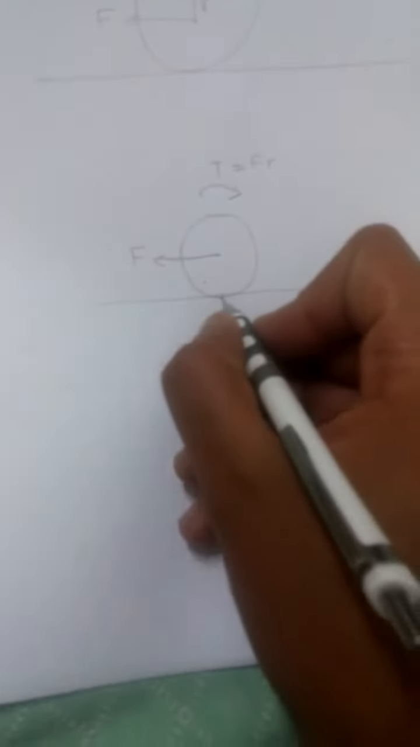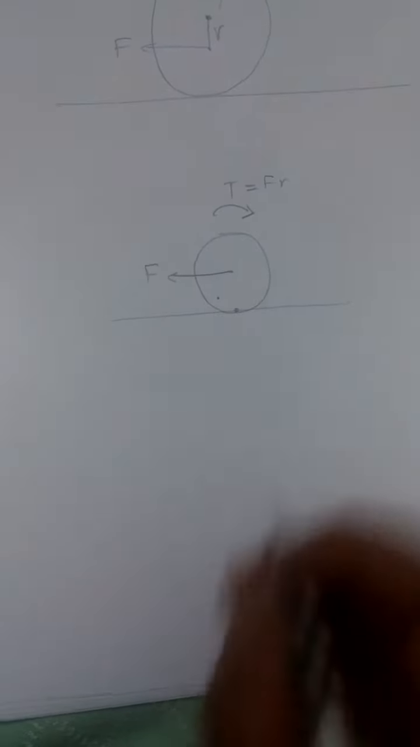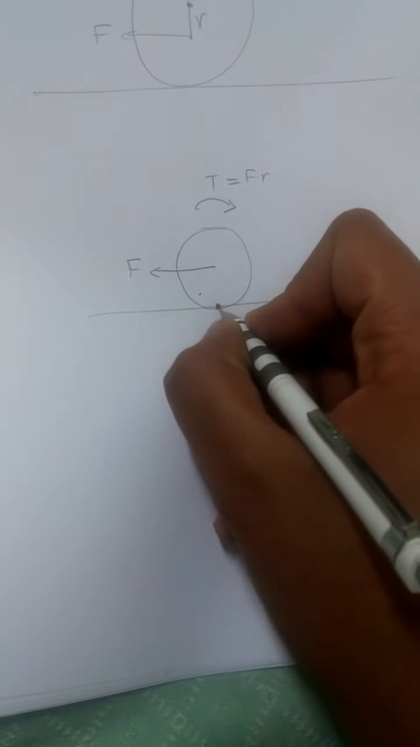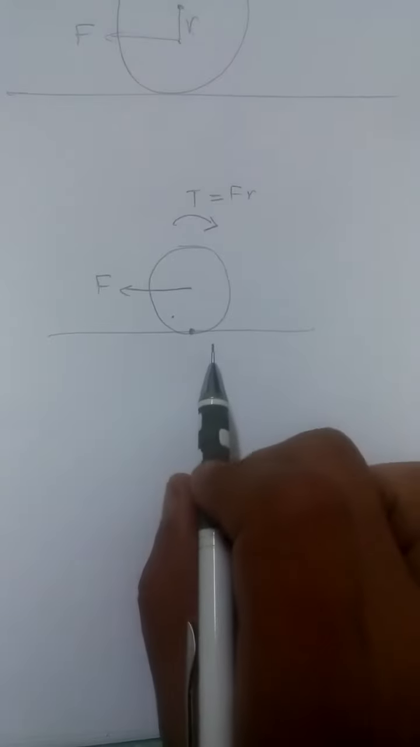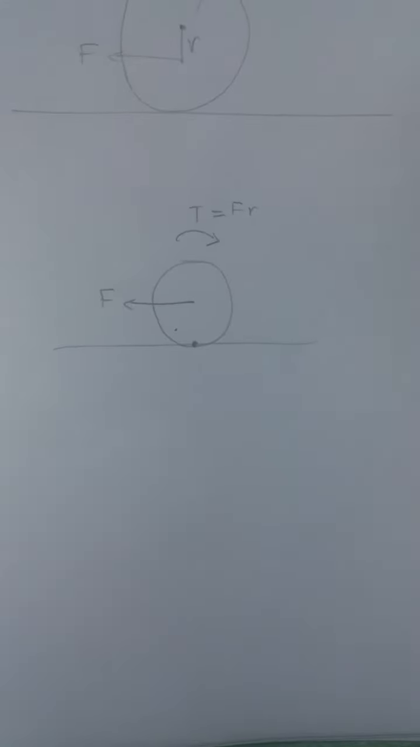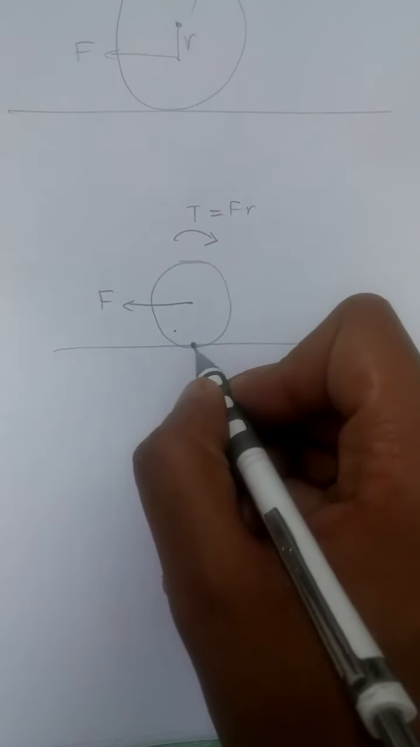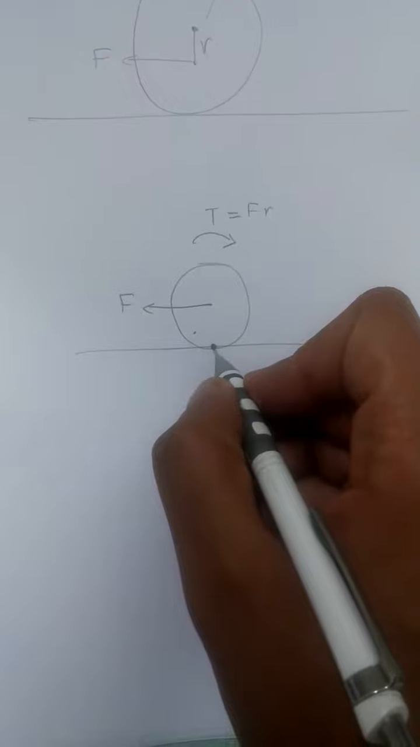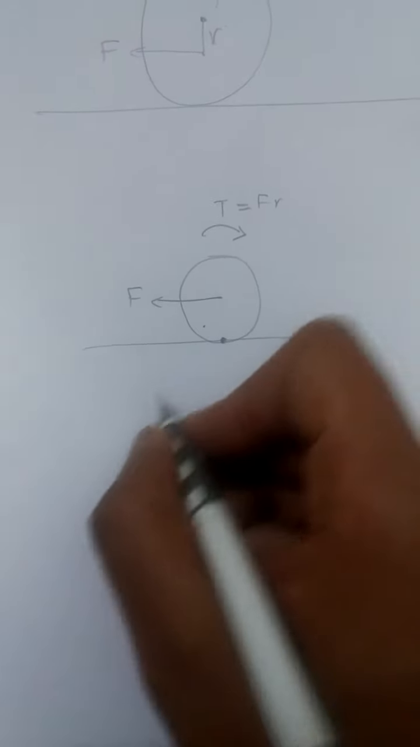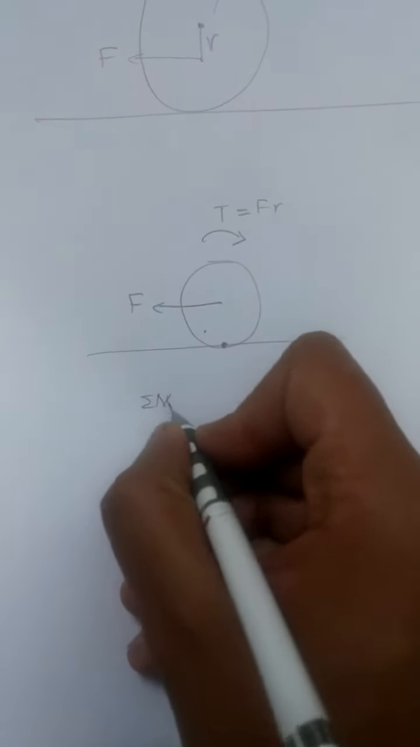By studying this wheel, we will find that this point, which is the center of rotation, has a zero velocity relative to the ground, which is, from mechanics, the no-slip condition, and this means that we can take it as a reference point for the moments. So if we take the summation of moments about this point,